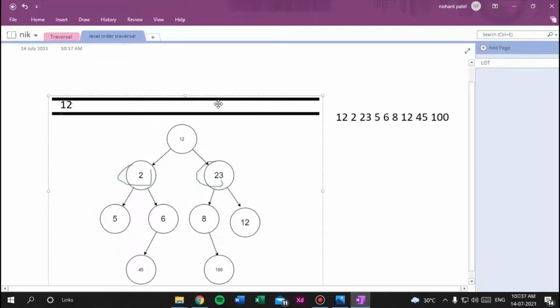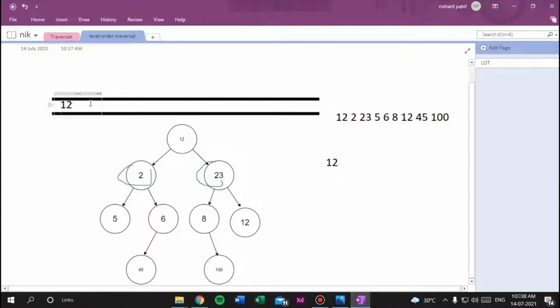So for the level order traversal of the tree, we will use the data structure queue. For those who don't know, a queue is a data structure which follows the rule first in first out. So the element which we inserted first will be removed first, right? For the tree we will simply add the root element to our queue, as I show here. Then we will remove 12 from the queue and add it into our output list.